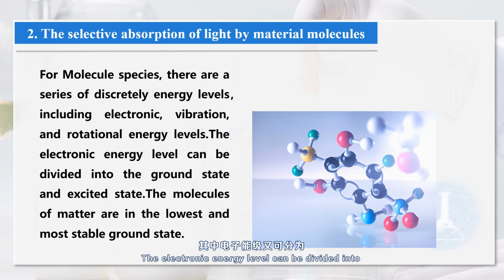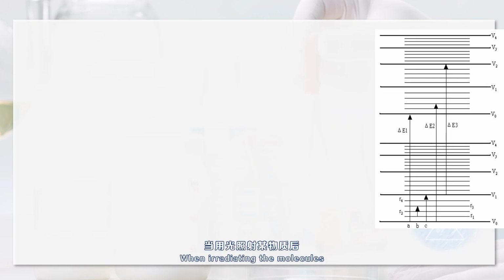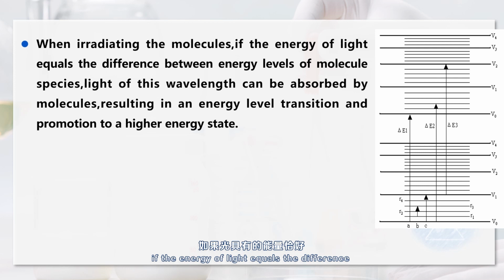The electronic energy level can be divided into the ground state and excited state. In general, the molecules of matter are in the lowest and most stable ground state. When irradiating the molecules, if the energy of light equals the difference between energy levels of the molecular species, light of these wavelengths can be absorbed by molecules,